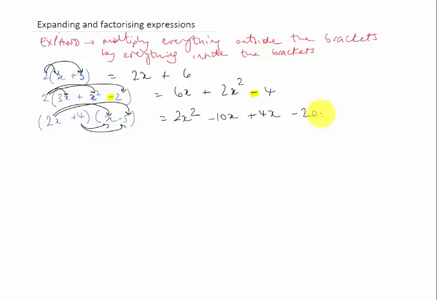And it can get more complicated still. We could have 3 expressions. It doesn't have to be just 2 in there either, so this could be x minus 5 plus x squared, and we would just do the same thing, multiplying each little part together. And how about if we had 3 expressions? Then we just take it in turns. So for instance, x plus 2 times 2x minus 1